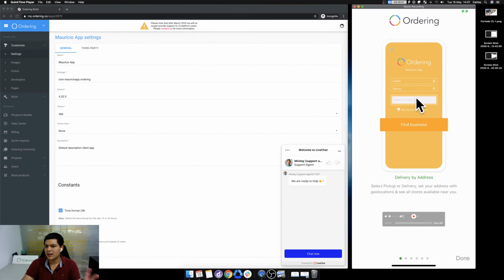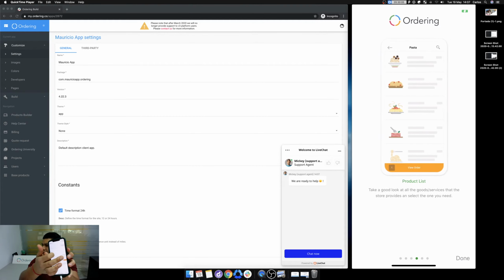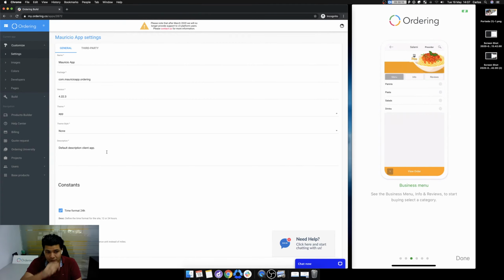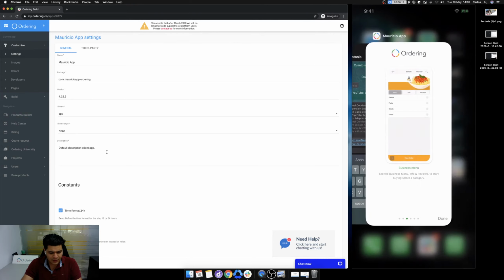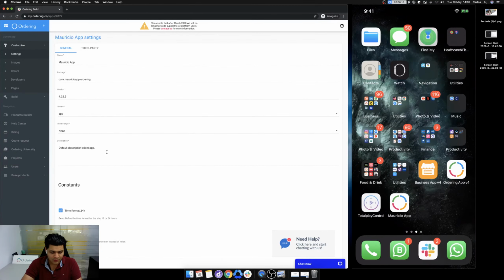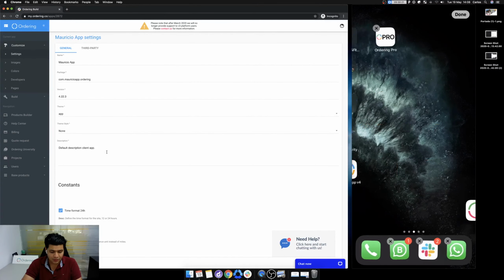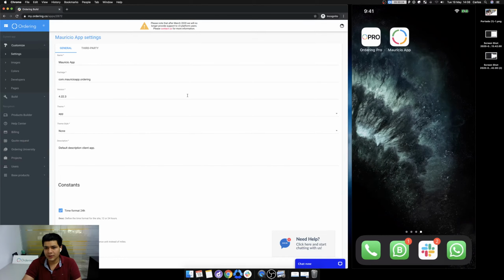What you're looking at in this screen is my phone. Everything I do here, as you can see, is live. I'm showing you my screen so you can know what I'm talking about. Here in the phone, you can see my app, the app that I just created. There is a pro version too, but I will just talk about the normal one first and then the other one. As you can see, the name is showing here in my app, right? So that is the name that is going to show in your app.